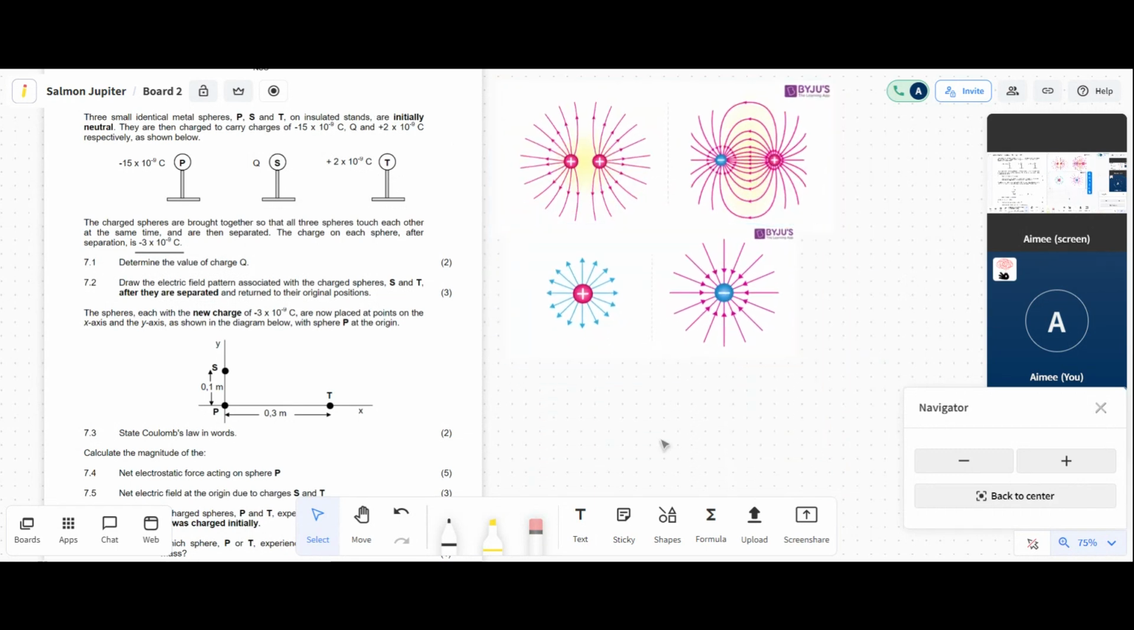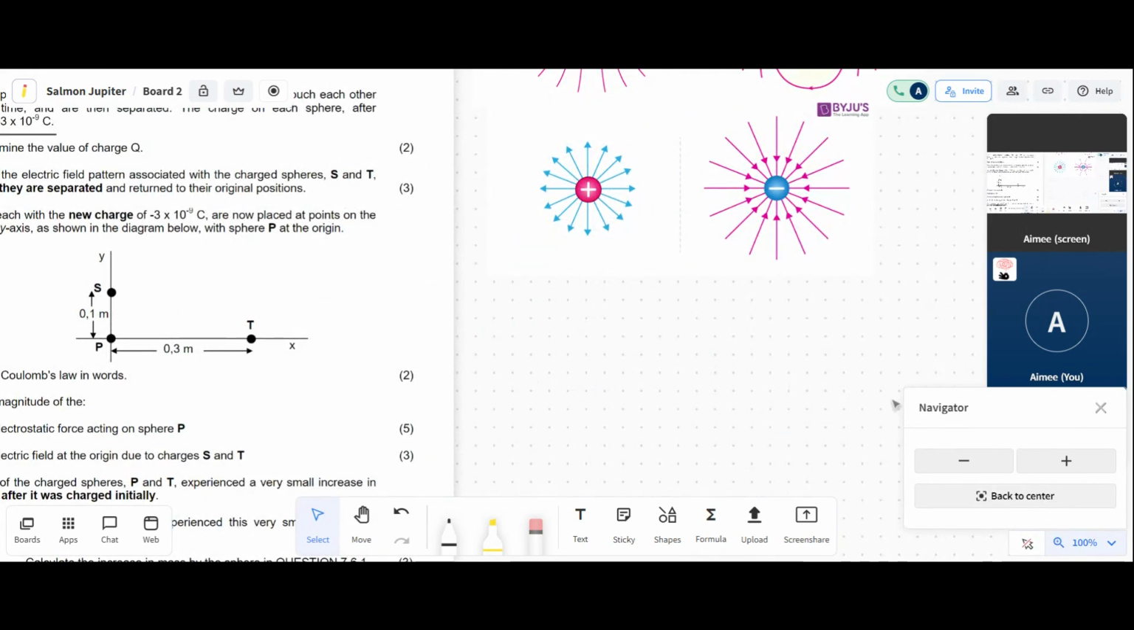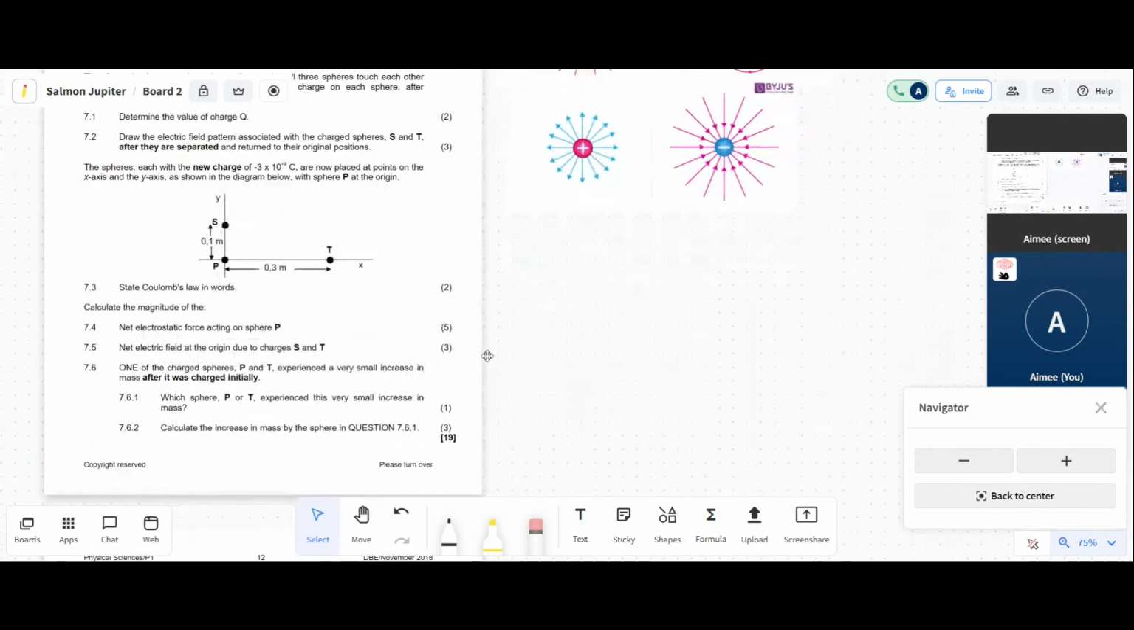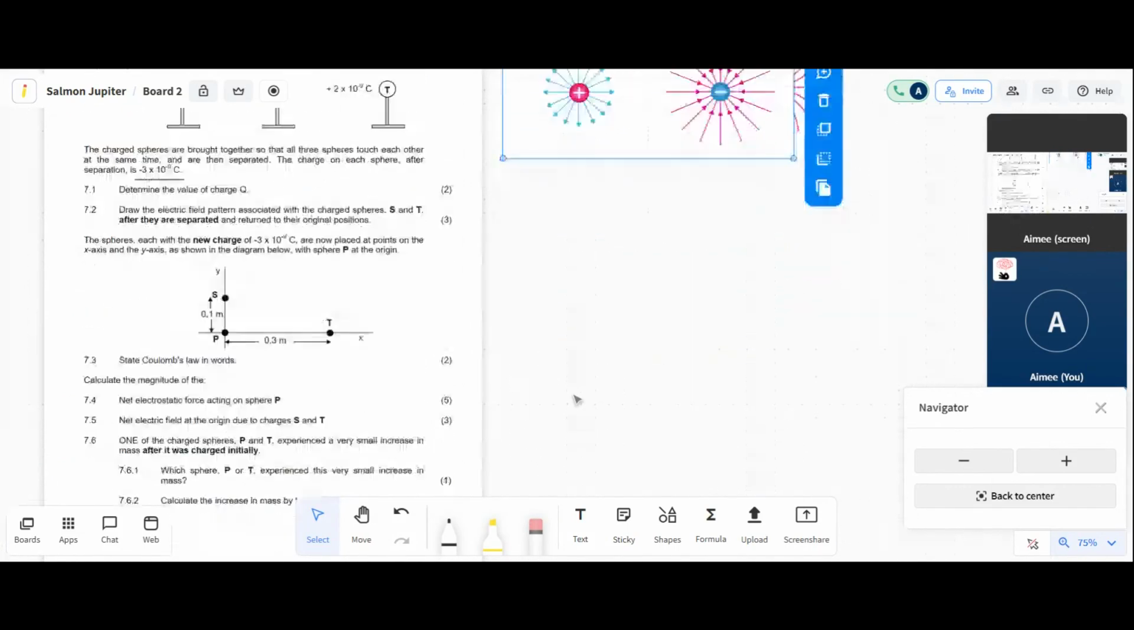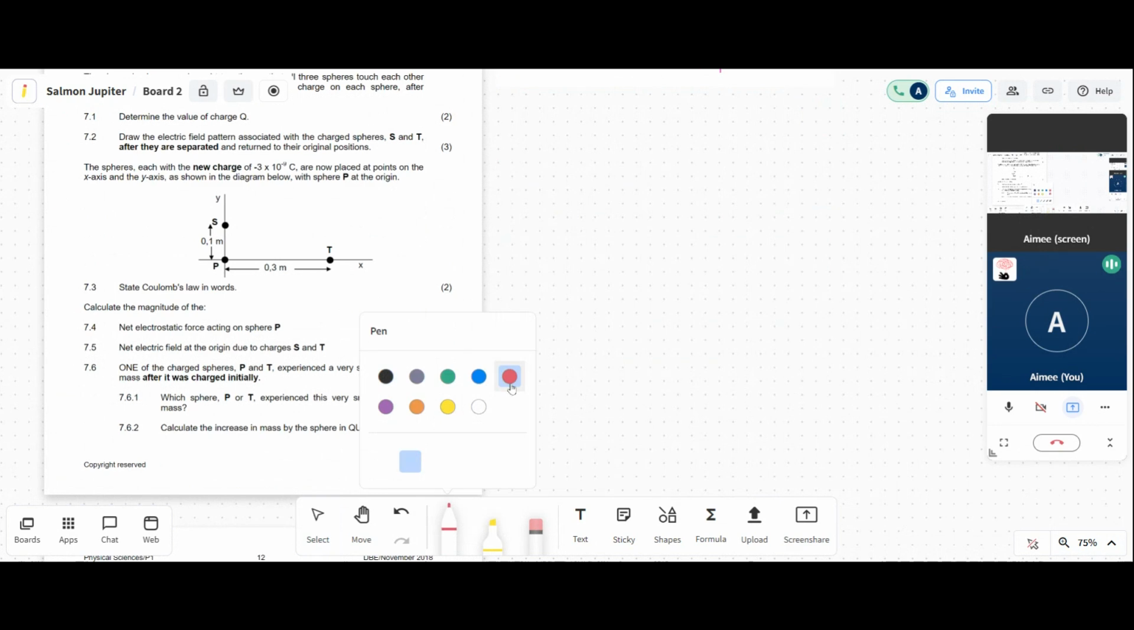Okay. So let's move on. Our next question says the spheres, each with a new charge of -3 times 10 to the -9, are now placed at points on the x-axis and the y-axis, as shown in the diagram below, with sphere P at the origin. So what they mean by that is when you have a Cartesian plane, remember a Cartesian plane is like